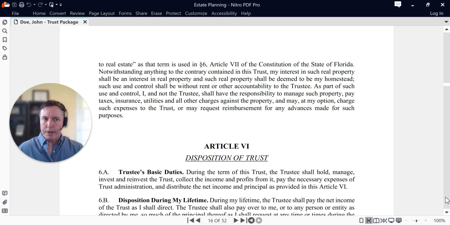So this is also where it goes beyond the power of attorney. There are actual duties and responsibilities and instructions about your care in your trust, whereas that power of attorney is more just a permission slip that says help if you feel like it.